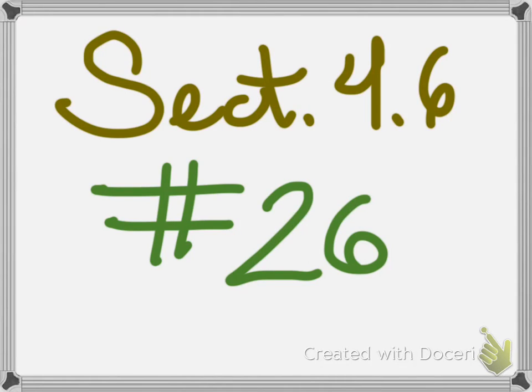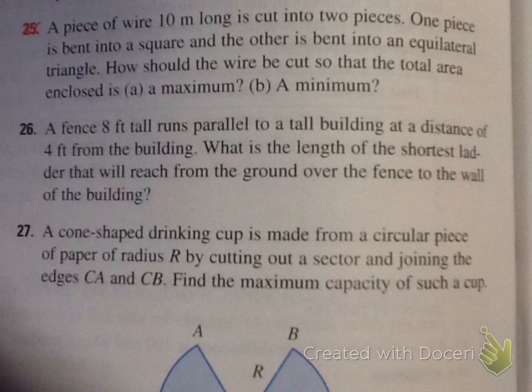All right, so section 4.6 again, number 26. I didn't want to write this one out, so I took a picture of it. A fence 8 feet tall runs parallel to a tall building at a distance of 4 feet from the building. What is the length of the shortest ladder that will reach from the ground over the fence to the wall